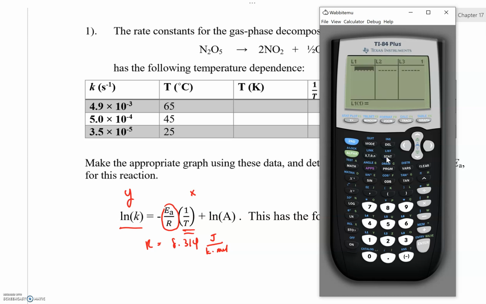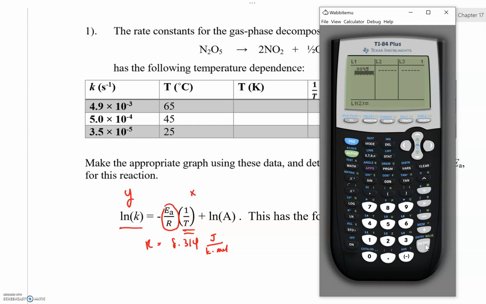Let's go to L1. We're just going to enter these in order. It doesn't matter where we put them, because we can instruct the calculator to do what we want later on. So we're going to say 4.9 times 10 to the negative third, and the calculator is going to convert this into a long form. So that's going to save us some time later,